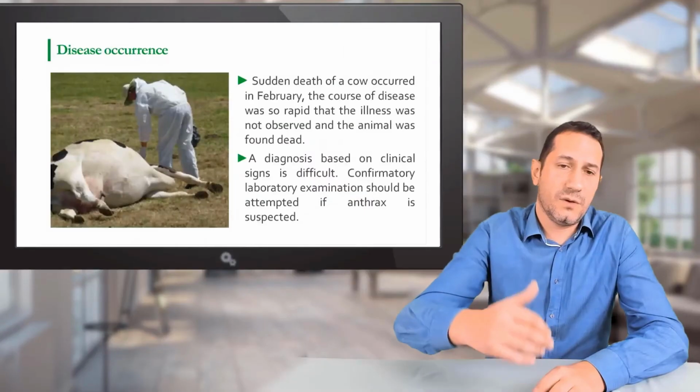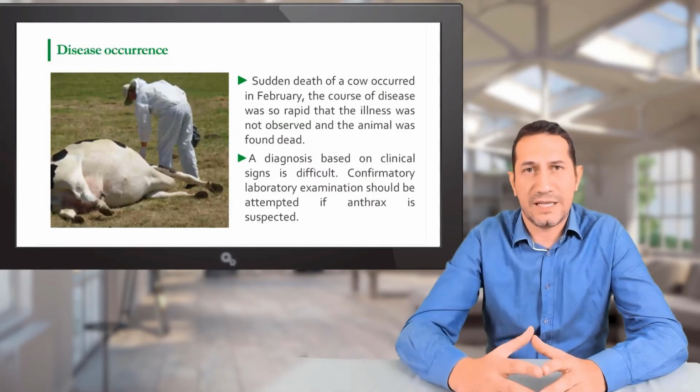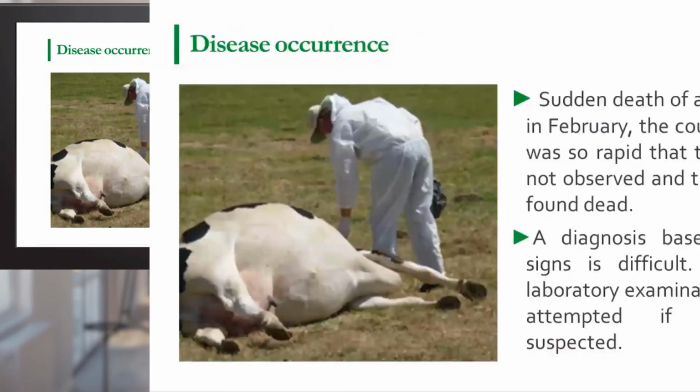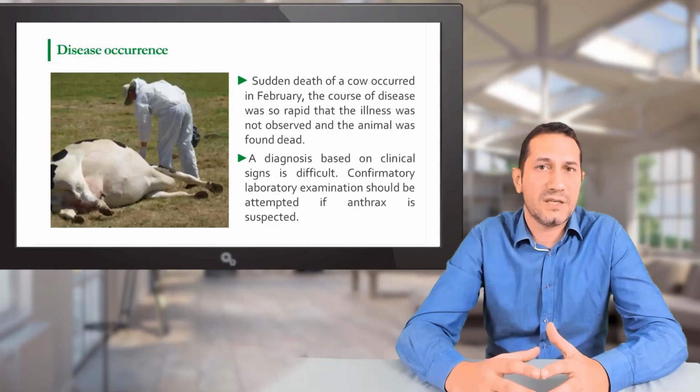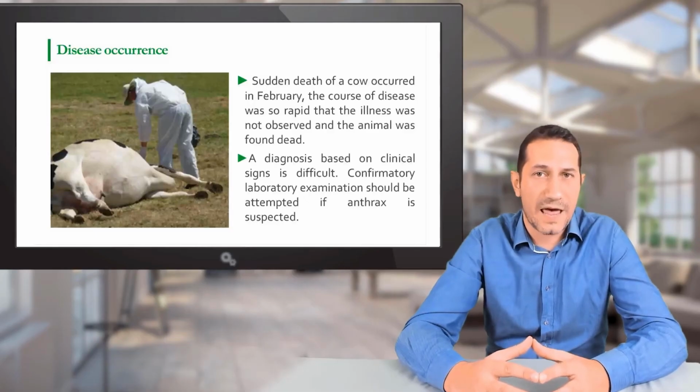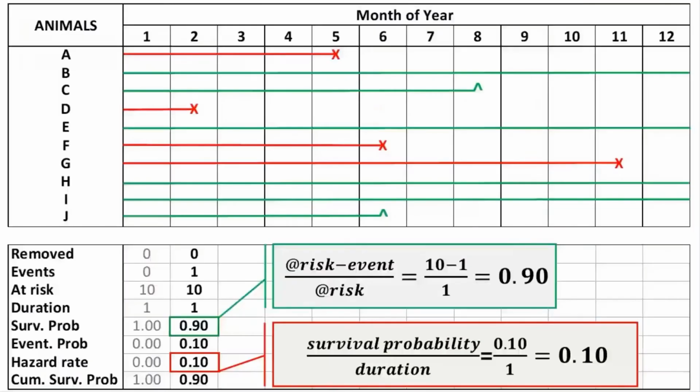But in the second month, we had the case. So in February, an animal died, and as usually with anthrax, a sudden death occurred, and the vet would go there and do the diagnostic, and we proved out that this is an anthrax case. And we do the second row, the second column, in the second column we count the numbers and we do